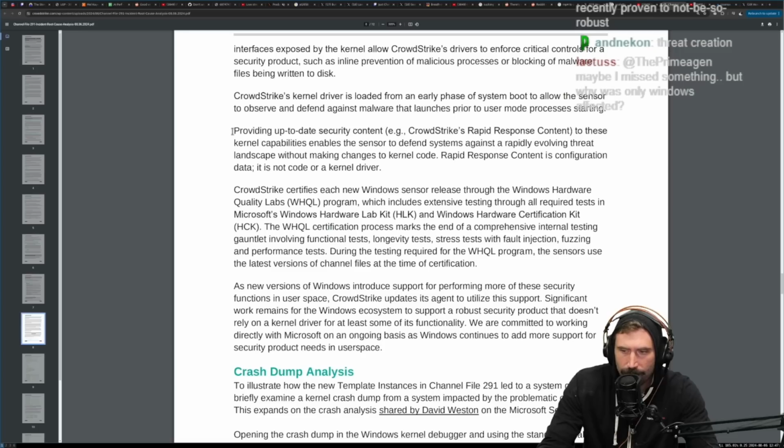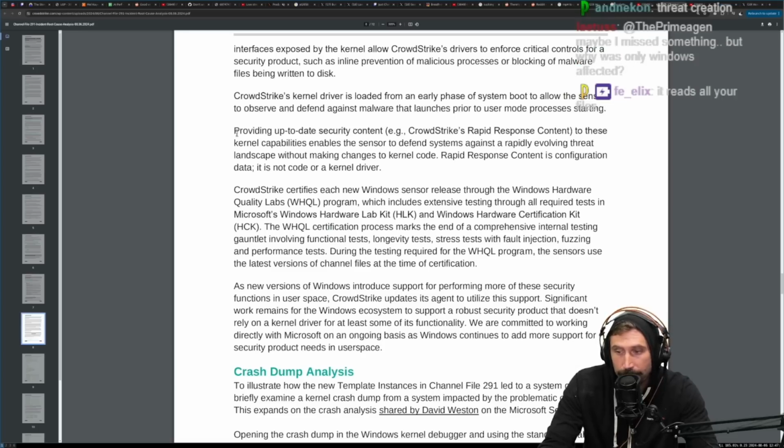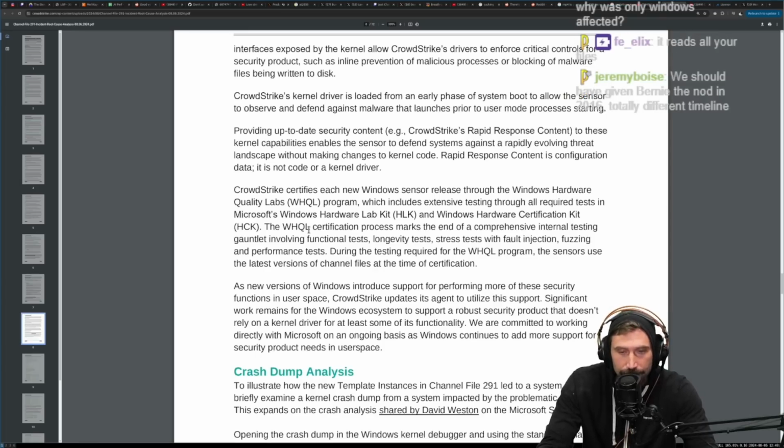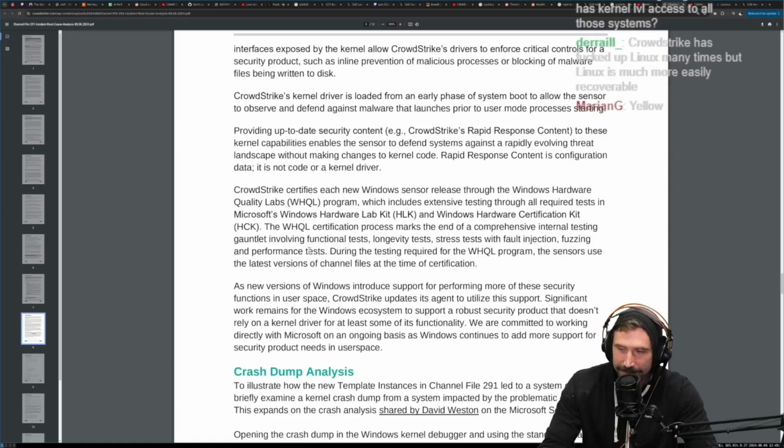Maybe I'm missing something. Why was only Windows affected? Because this was a Windows-only update for Windows IPC. There was a new threat detected with Windows interprocess communication. Thus, channel file 291, which apparently is the interprocess communication channel attack vector, was updated to include something where they removed a regex specification that was a wildcard matching into a matching that required something to be there. When the 21st parameter was in fact not there, they hard-coded an entry into that input array, saying, hey, is the 21st element to do something? That caused a null exception. That blew up the universe. The end. All right? That's as far as I can tell what's happening.